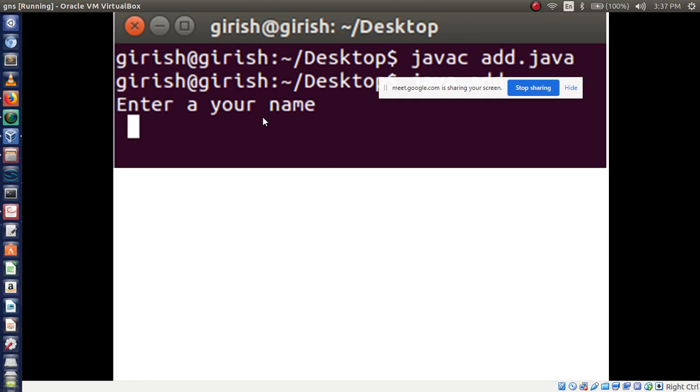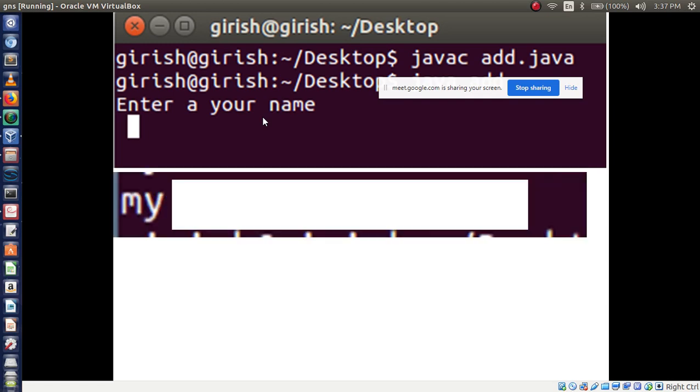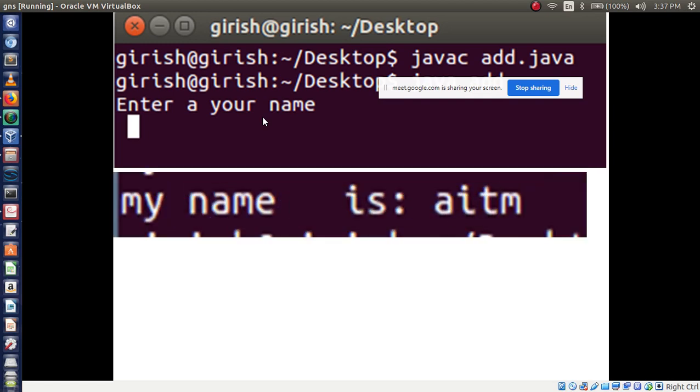What you have written in this program directly gives the output: my name is, my roll number is, that's it. But the next step is, it has to ask, enter your name. After it asks, you have to type your name, right? So I will type my name is AITM.